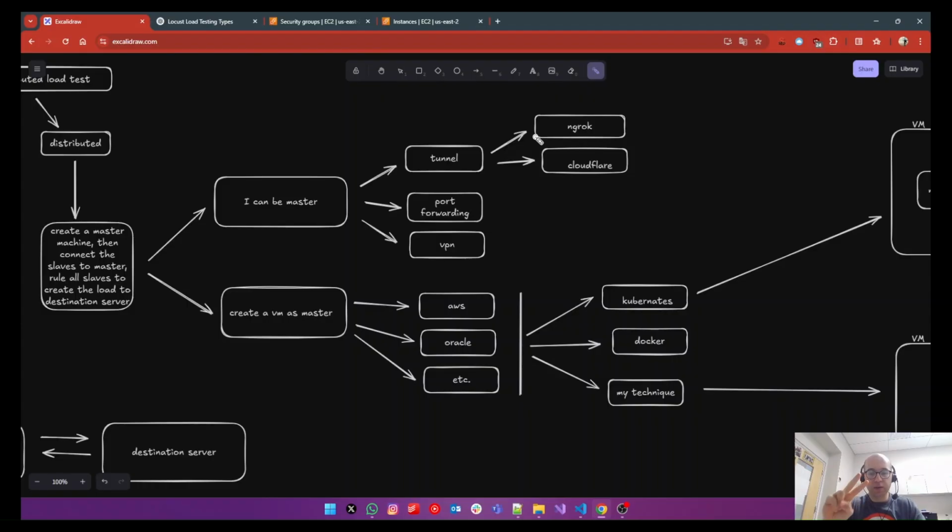They need 2 specified ports to connect the clients or slaves to the master. But the free ngrok only allows you to assign one port. That's why I didn't use ngrok. I tried, but when I realized it